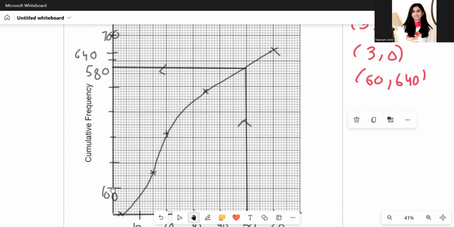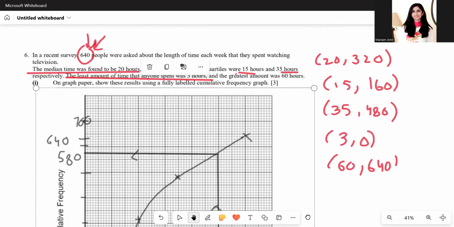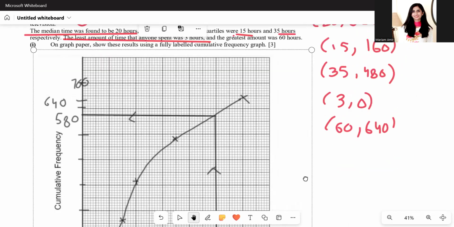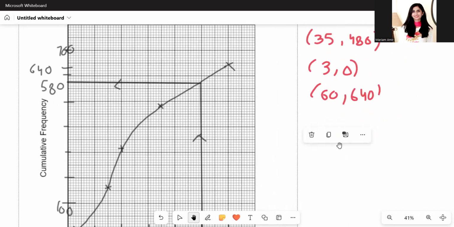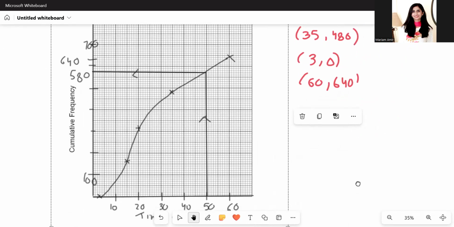Here, 2 centimeters is 100 units, then 200, 300, 400, all the way till we need to go till 640, which is the highest value on the y-axis. So I just went till 700. Okay, then you plot these 5 points, join them with the smooth curve, and you have your cumulative frequency diagram